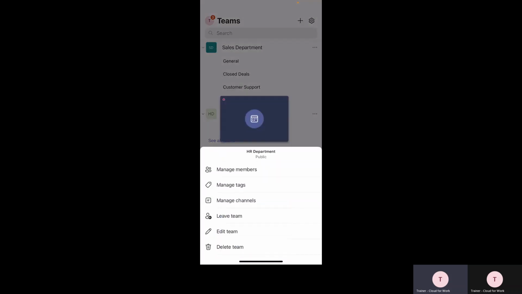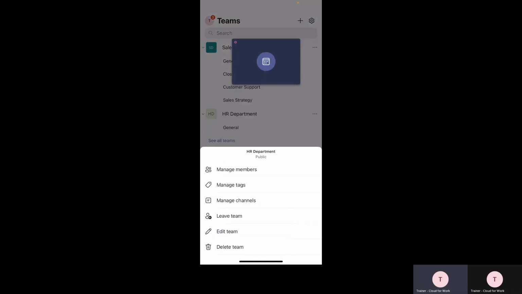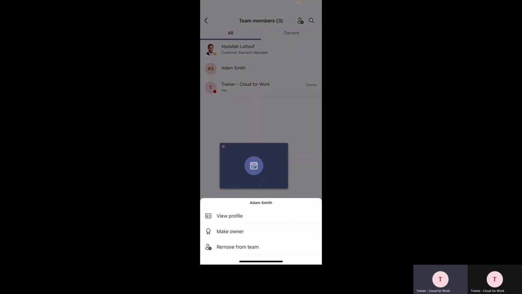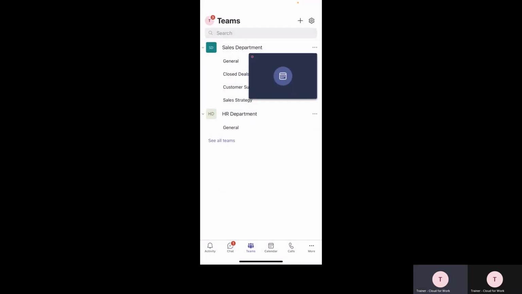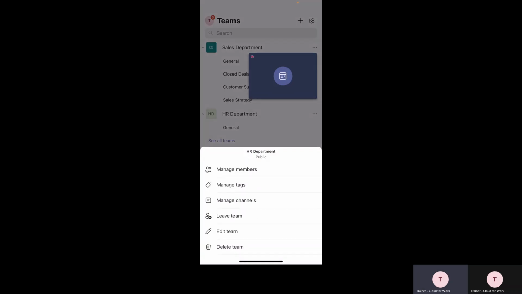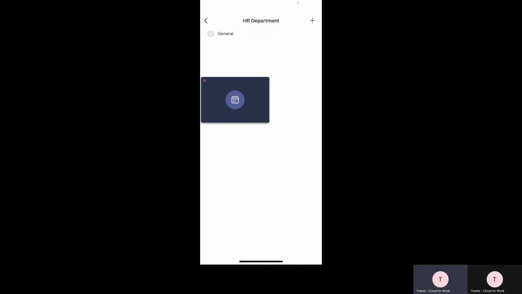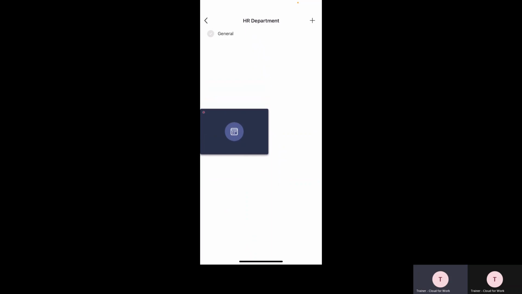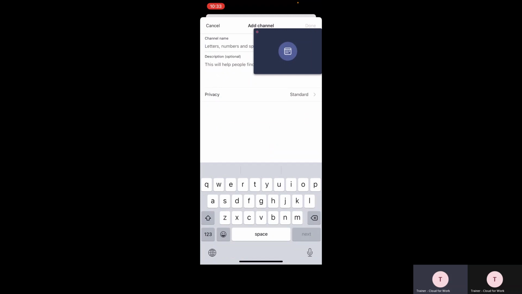And when I press on the 3 dots, I'll be able to manage members if I would like to, so that I can change the roles. I can also press on the 3 dots if I would like to manage channels. I can also choose to delete the team, or edit the team, or even leave the team. So once I have pressed on the manage channels, I can choose to create new channels if